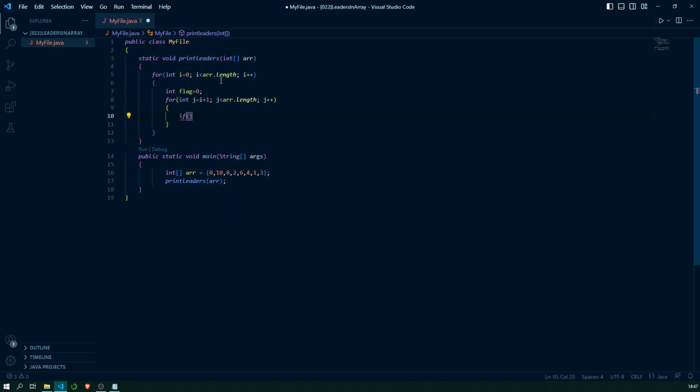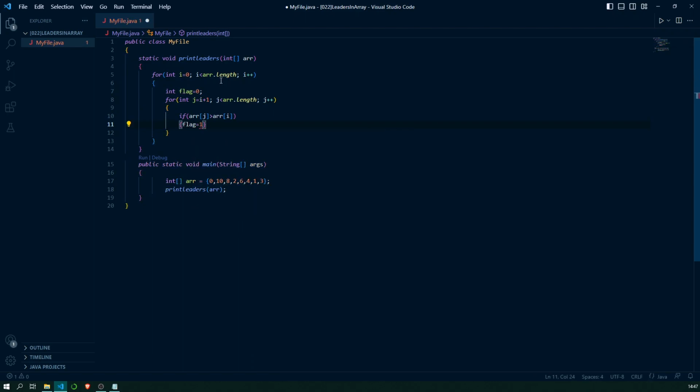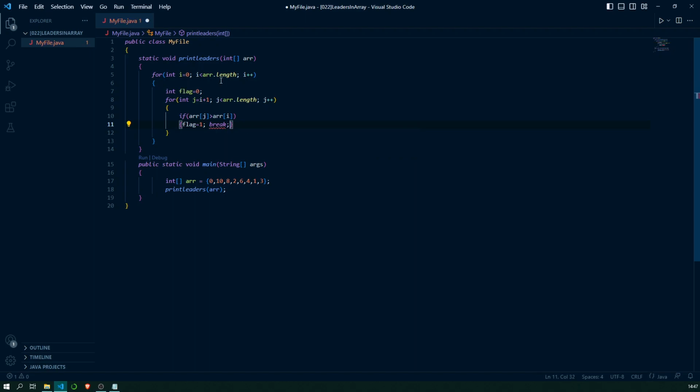If ARR of j is greater than ARR of I, then we will simply set flag is equal to 1. Also, we can additionally put a break statement. The reason is that once the flag is set to 1, there is no point in iterating further, because we have already found one element to the right which is greater than the current element, so the current could not be a leader element.